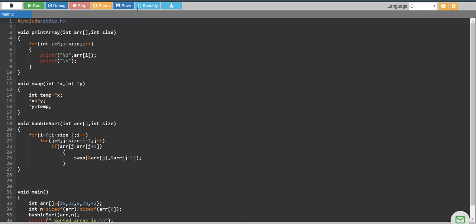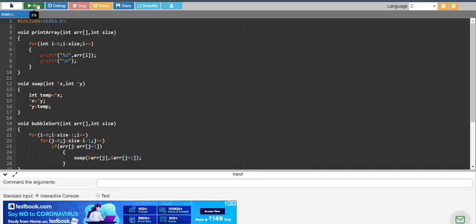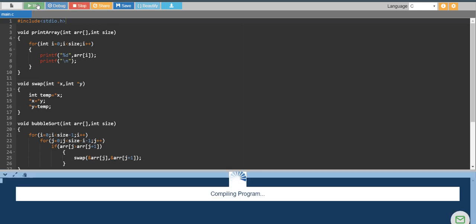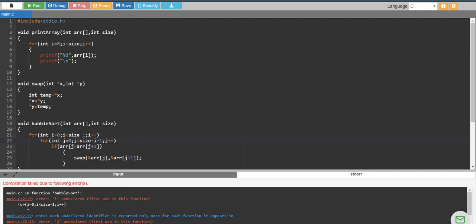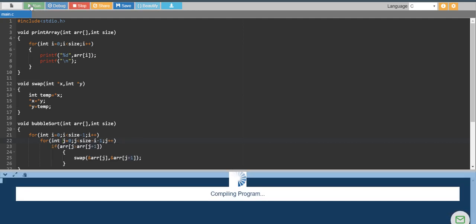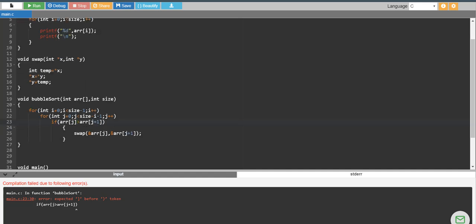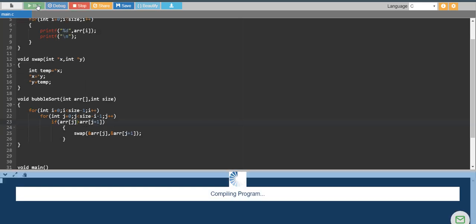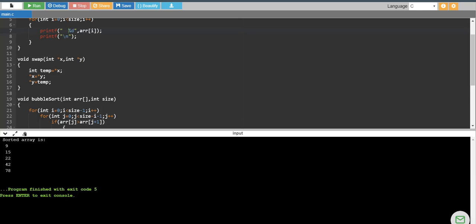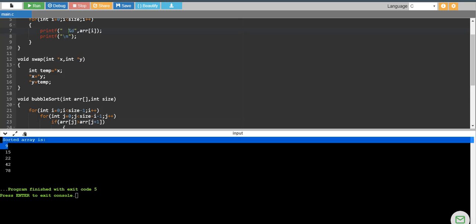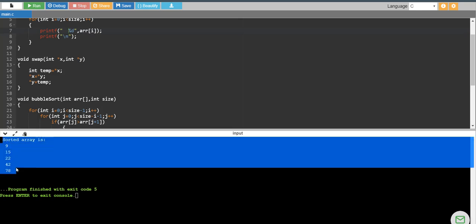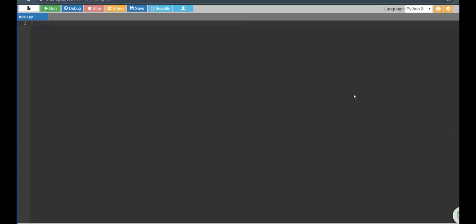Okay, now we are done with our program. Let's try to run it. And here you can see the output of our program, which is a sorted array. Now we are done with the C code.